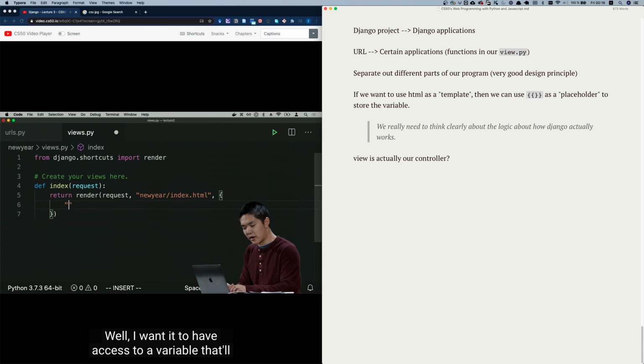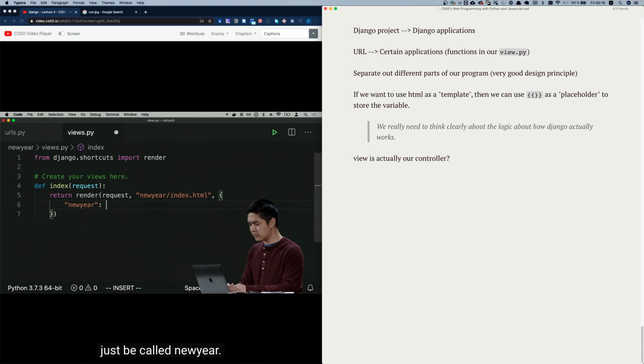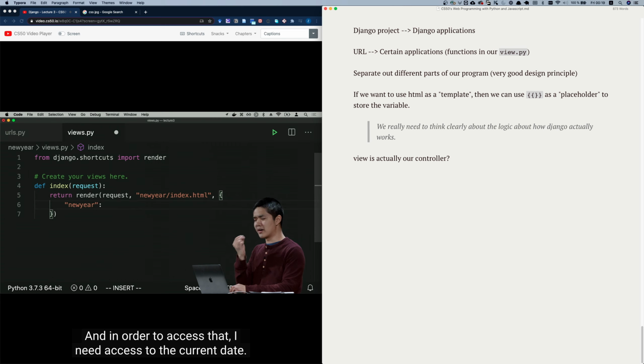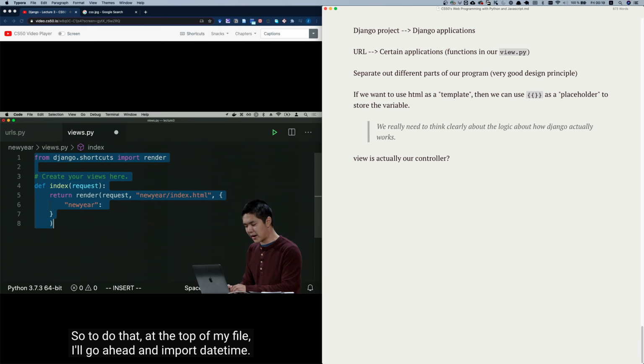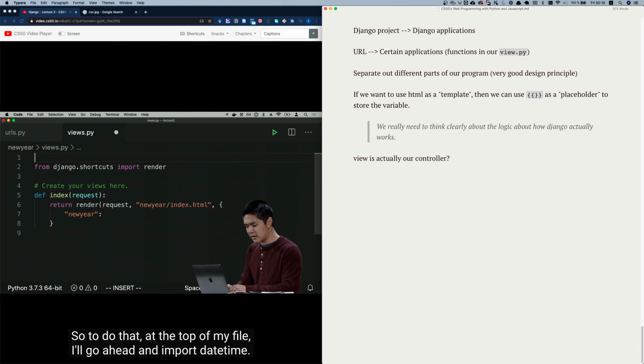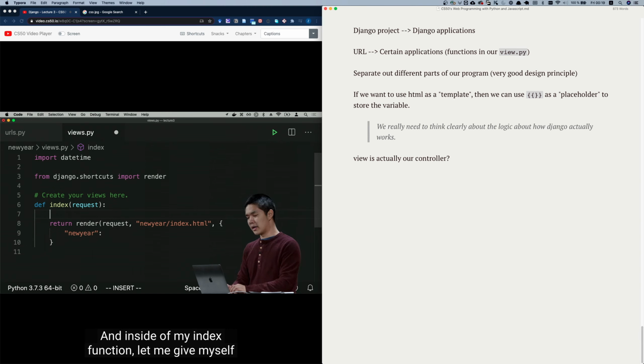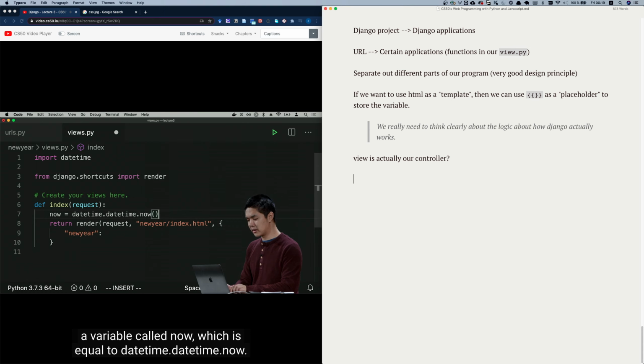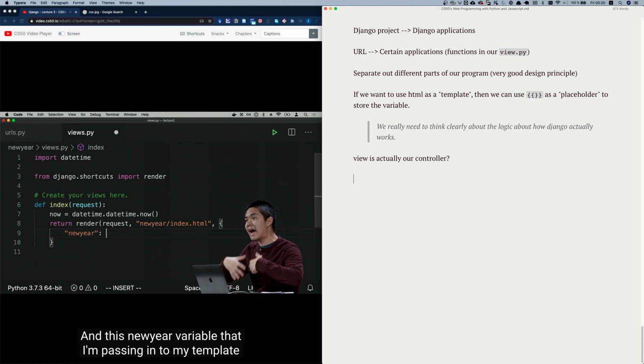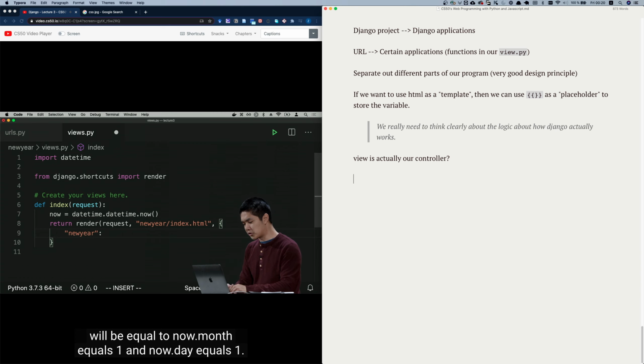Well, I want it to have access to a variable that'll just be called new year. And in order to access that, I need access to the current date. So to do that, at the top of my file, I'll go ahead and import datetime. And inside of my index function, let me give myself a variable called now, which is equal to datetime.datetime.now. And this new year variable that I'm passing into my template will be equal to now.month equals 1, and now.day